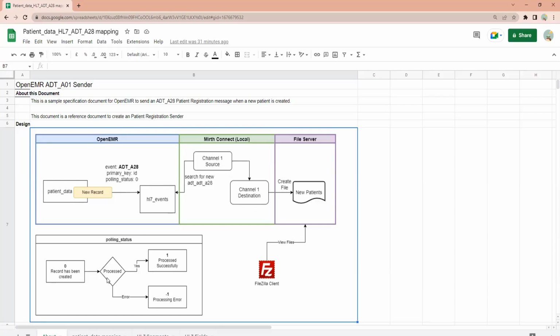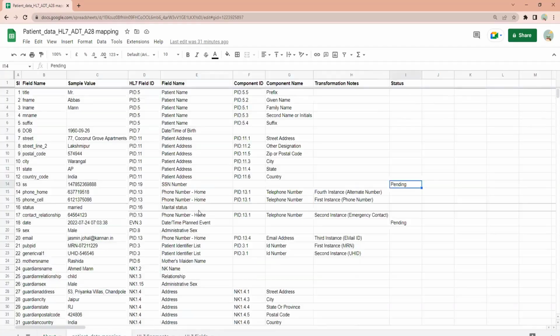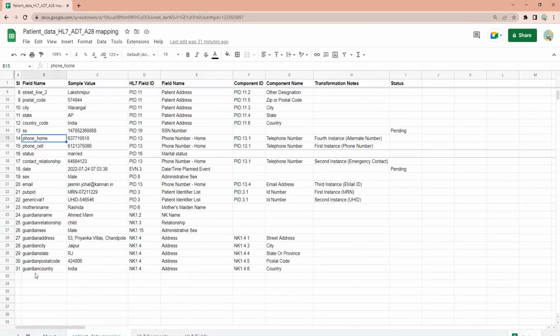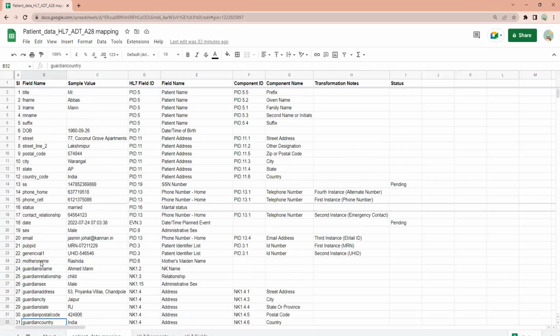So the specification document is similar to that. Now what I have gone ahead and done is that I have put the total, and there are 31 fields. That's what we are going to take. This is just an example value that I had in my instance.